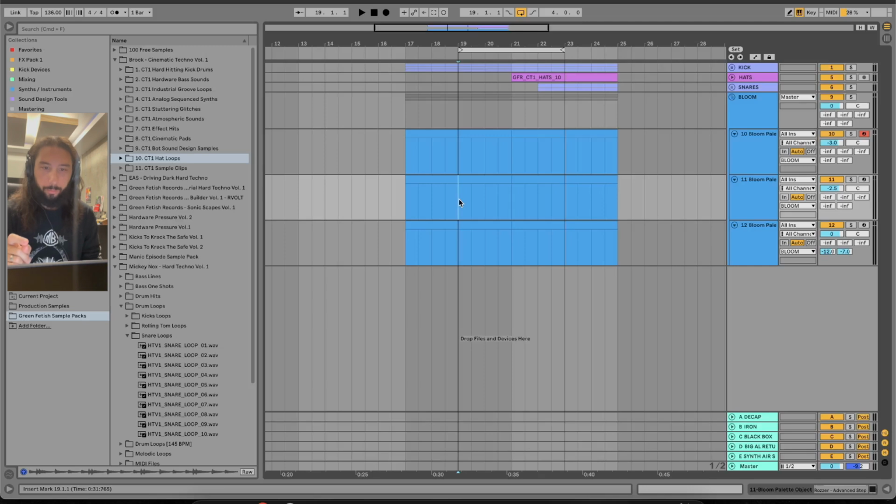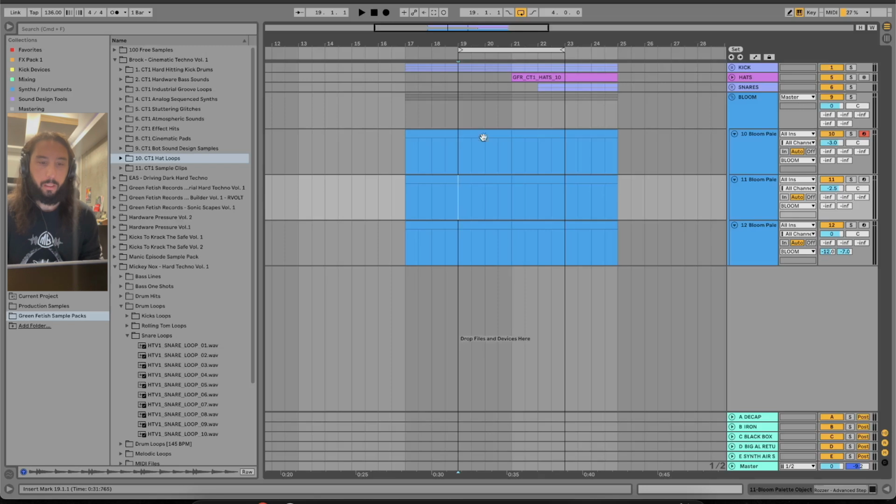Today's video, I'm going to go through a new plugin I've been using. It's by Bloom. It is the first Bloom product that I've ever used. And this is the palette object. I'm just going to show you what I've put together so far so you can hear it. Then I'll get into what it is, why I'm using it, why I like it, and I'll show the interface